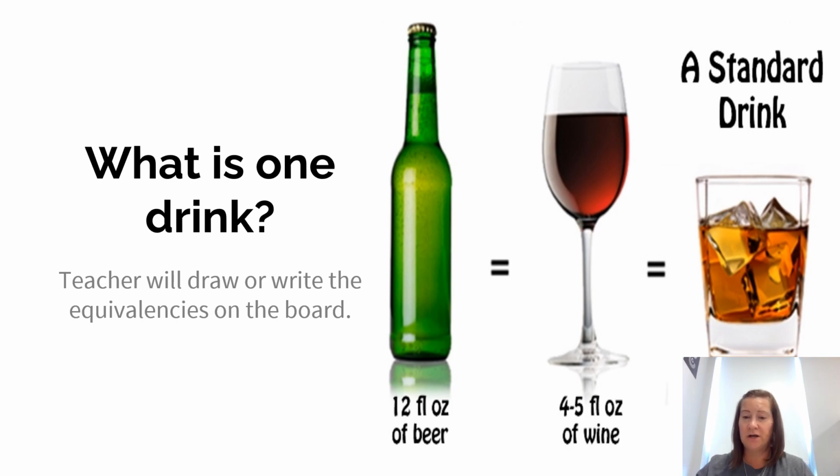Now, while I would share that blood alcohol concentration infographic after the students do one of their developmental activities, we would start by talking about what one drink is as a classroom together. And I would explain, right, a 12 fluid ounce beer, 4 to 5 fluid ounces of wine, or 1.5 ounces of spirits. I like to really make sure that they understand that when we talk about a beer, we're talking like a domestic, right?